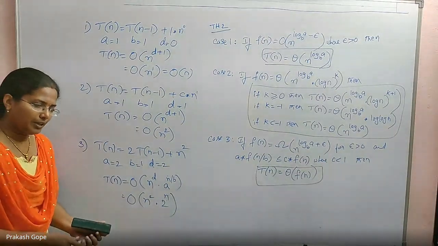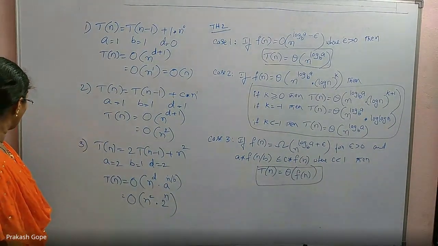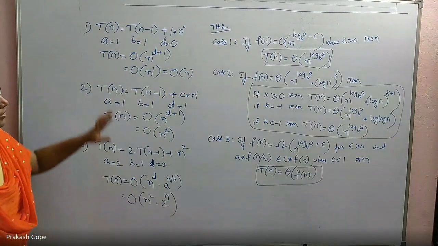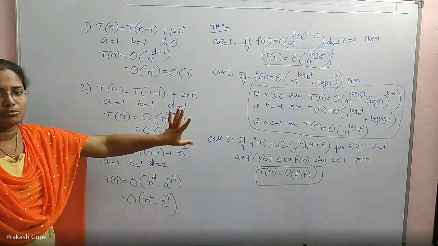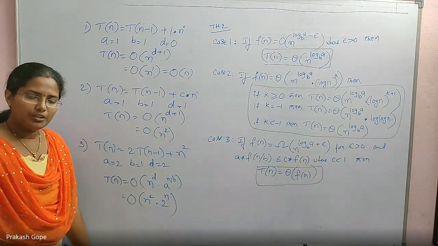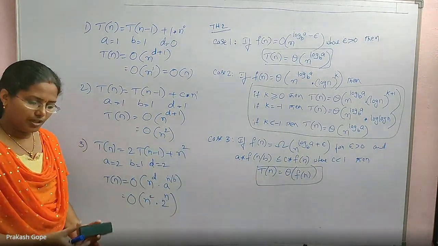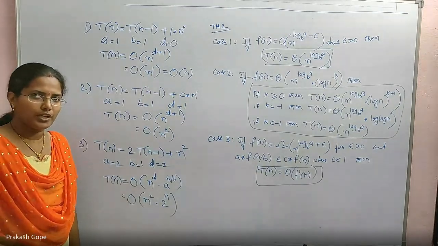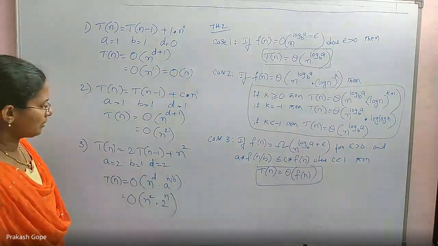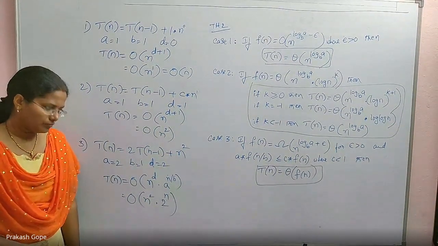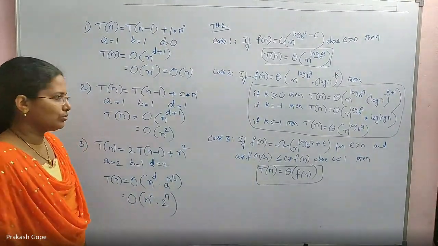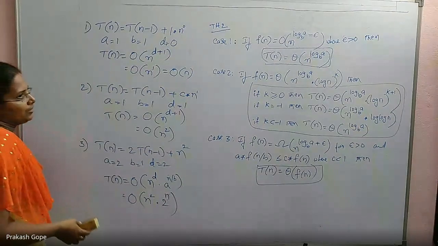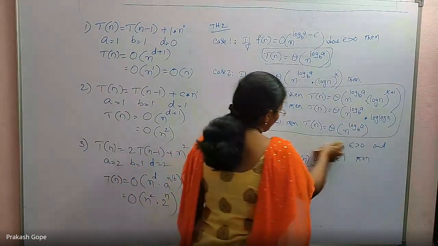And we will be writing many such recurrence relations in decrease and conquer, divide and conquer, theorem 1, theorem 2. With that, we will be completing asymptotic notations. Then we will solve GATE questions. Altogether, it may take another 2 to 3 hours approximately. If you have any doubts, you can ask me now.